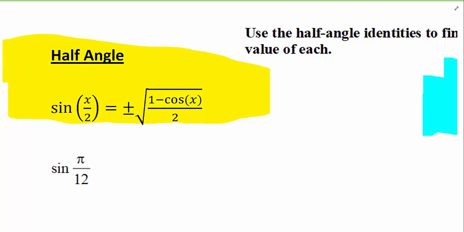All right, the last video for the week, we're going to be talking about the half angle identities. And again, remember, you need to keep in mind we're working with the unit circle on all of these. Pi 12ths is not on the unit circle, so we need to come up with pi 12ths is half of